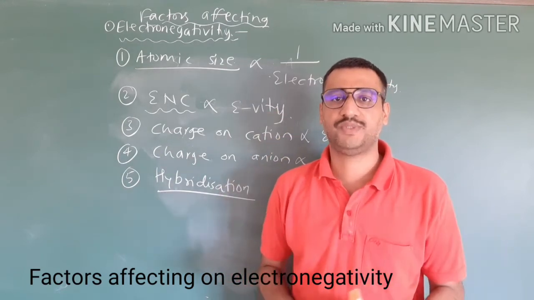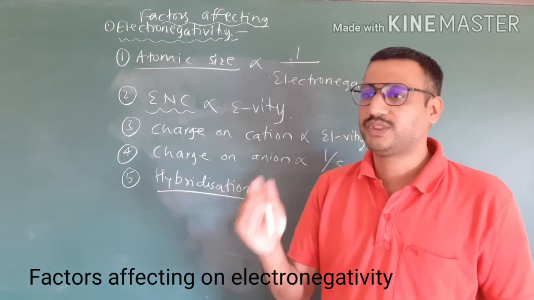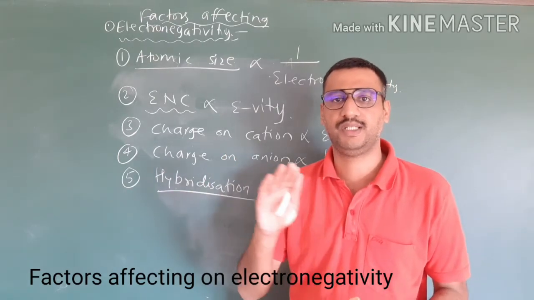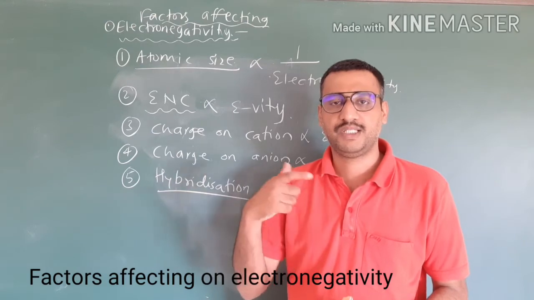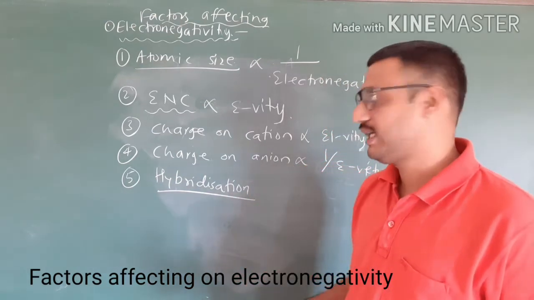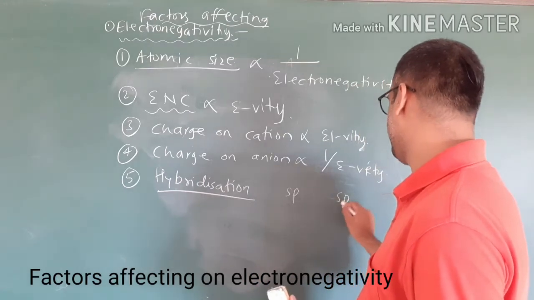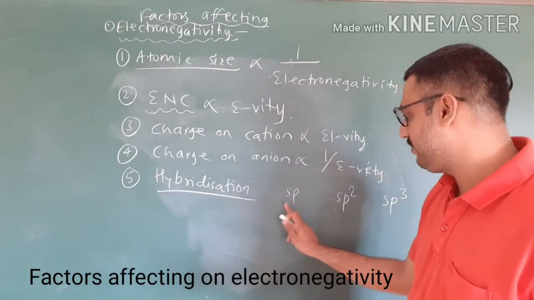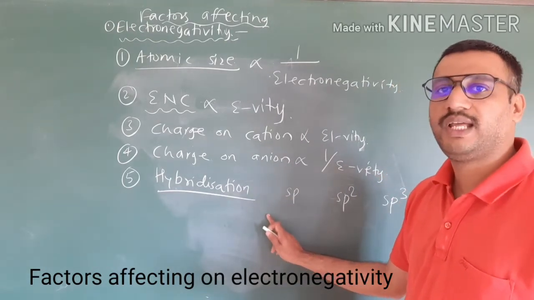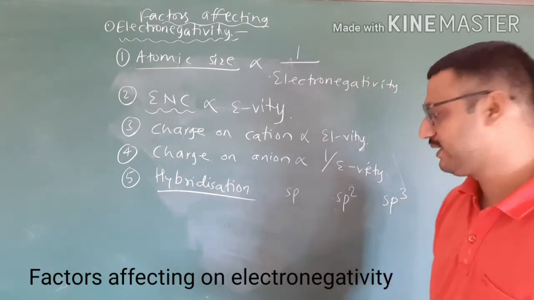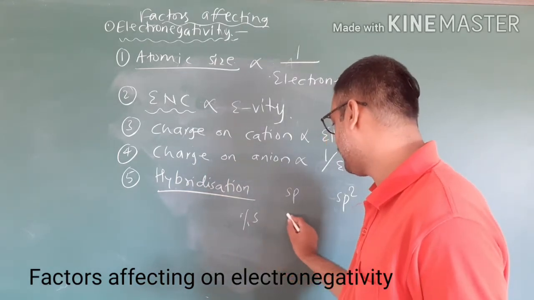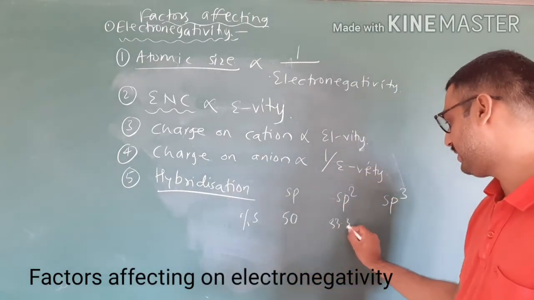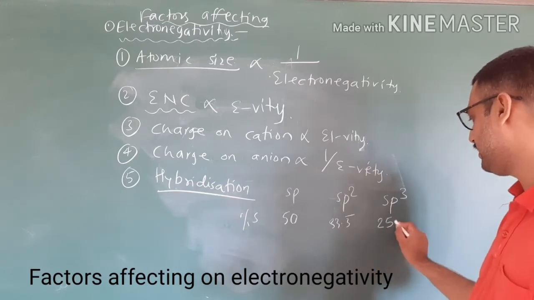But in case of molecules, it is observed that these orbitals are of different types. The primary types are s, p, d, f. But it is observed that the orbitals are either sp, sp2 or sp3 orbitals, and some more types are there. An sp orbital is made up by the combination of one s and one p orbital. The percentage of s character in sp is 50%, in sp2 it is 33.3%, and in sp3 it is 25%.